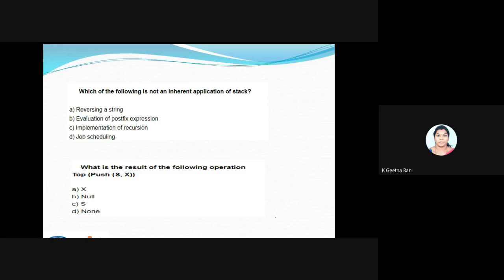Just read the first question. Which of the following is not an inherent application of stack? Can you give me the answer for the first one? You can just unmute your mic and speak it out.